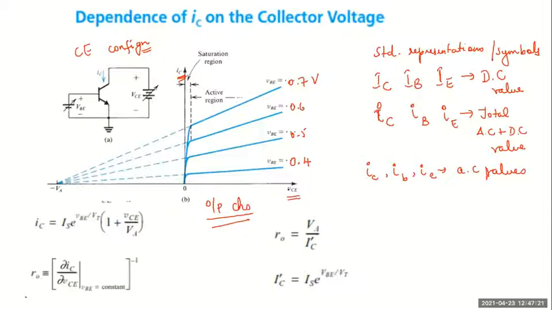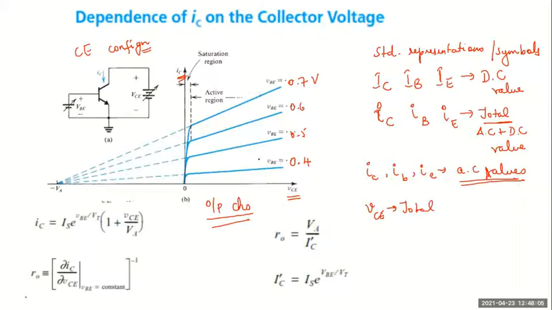Here you see he is representing everything as small and capital, which means it is a combination of DC and AC. Okay. So total value we call it as. Whereas if I have both small, it represents pure AC. And if I have both capital, it represents pure DC. Is this clear? So the output characteristics of a common emitter transistor for different values of base emitter voltage is as shown. You can represent this for DC alone also. Initially, we are going to consider only DC conditions, and then we will include AC.